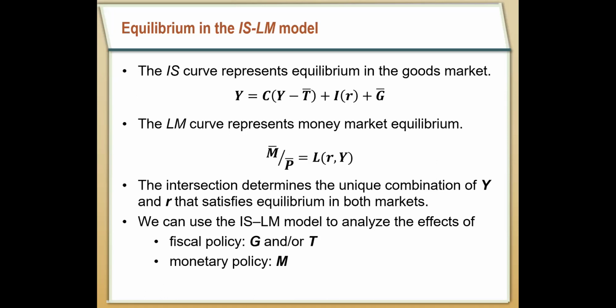Now combining these, we can see how different policies are going to influence both the IS and the LM curve. We can see how different fiscal policies can shift the IS curve, and how different monetary policies can shift the LM curve. So let's take, for example, an increase in government spending and see how that behaves in the full IS-LM model. And so if we increase G, if G goes up,